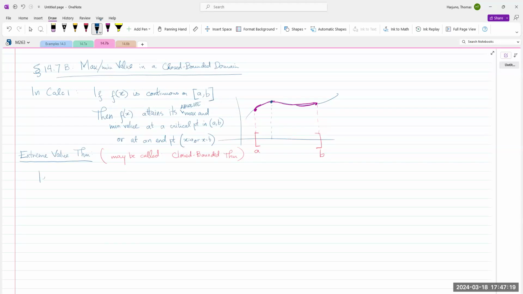Okay, if the function of xy is continuous on a closed and bounded set in the domain, then